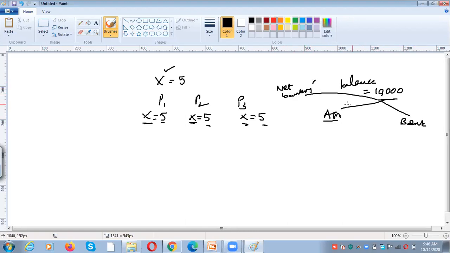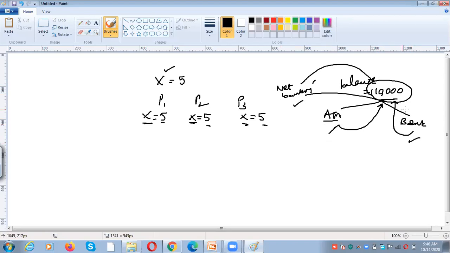Whether you perform operations using net banking, the ATM, or within a bank, you are performing operations on the same balance amount. Whenever you perform an operation, the amount needs to be reflected in all the places. That means the balance should be the same in all the cases.